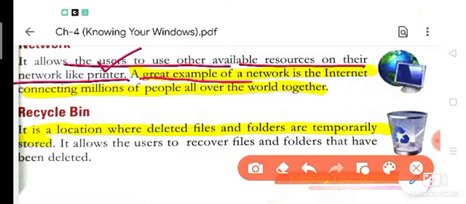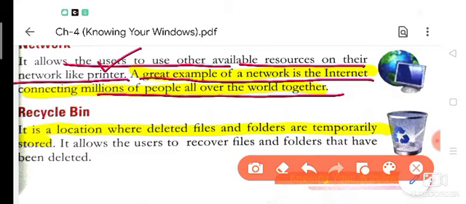A great example of a network is the internet, connecting millions of people all over the world together. Suppose we take the example of Zoom.